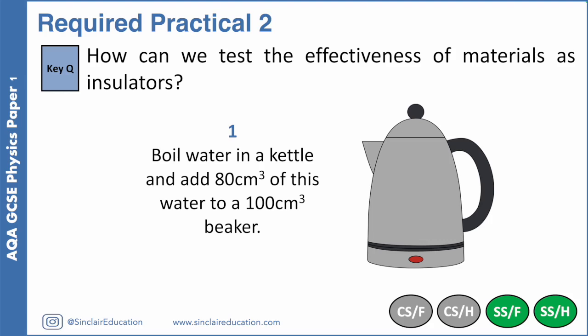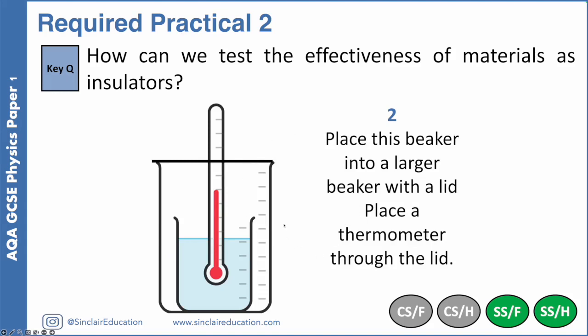So if you use a starting temperature of 80 degrees C, it allows you a bit of setup time for the rest of the experiment to make sure that your beaker is set up exactly as you want it to then test that material. So the volume of water and the size of the beaker are both control variables. Now there's different ways that you can do this. If we're looking at the effectiveness of materials, you can place one beaker inside a larger one and then stuff